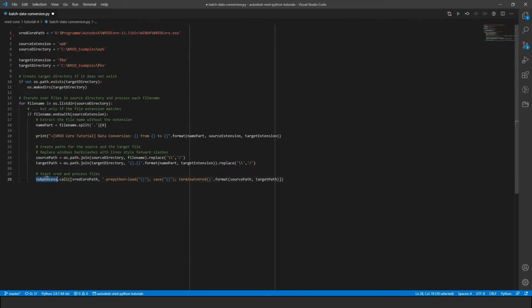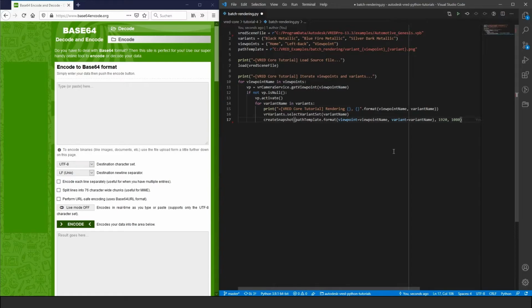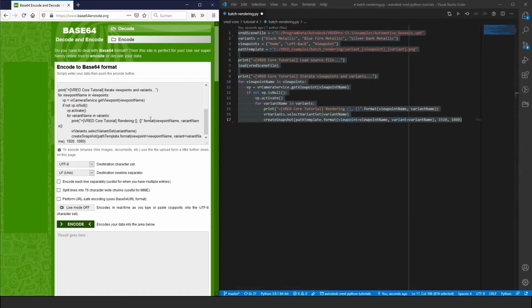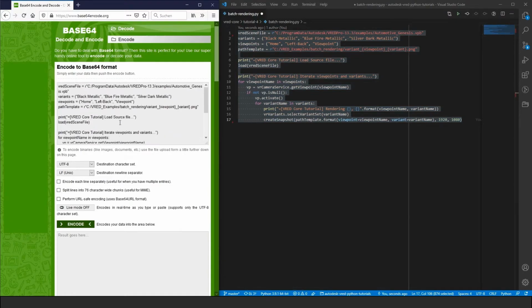In the previous example, we used the pre-Python command line to execute our Python commands in VRED, but we cannot simply write each line of our Python code one after the other. Instead, we have to use another method that the Autodesk engineers implemented, base64 encoding. We can take our whole script and encode it in a base64 format. This way, we can pass this encoded script to the pre-Python parameter, and the whole script is loaded just like